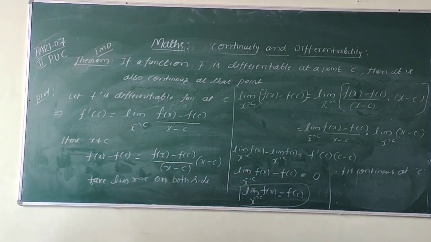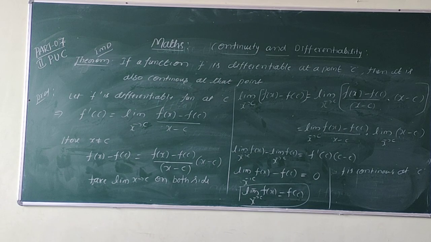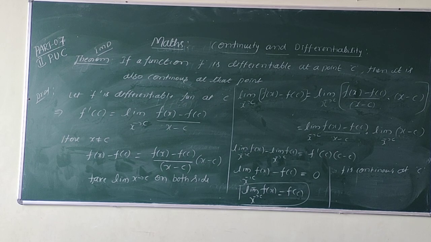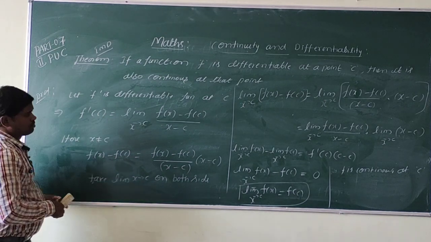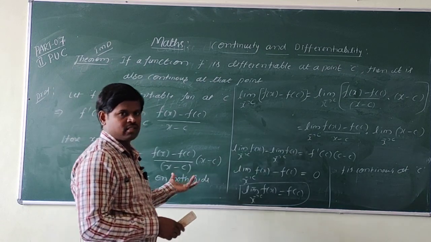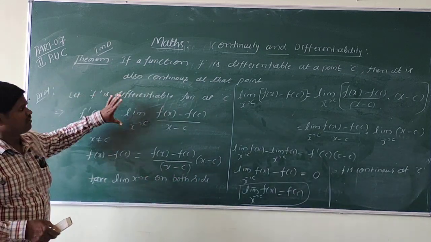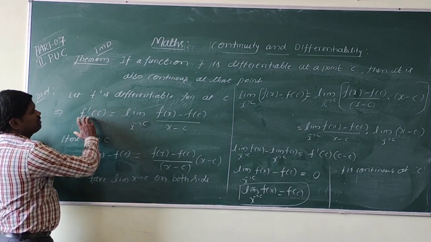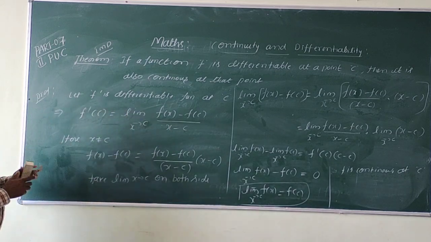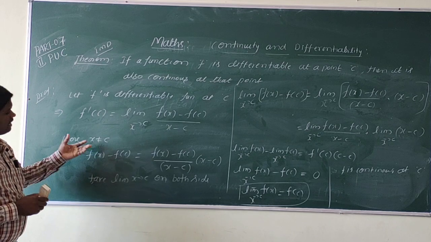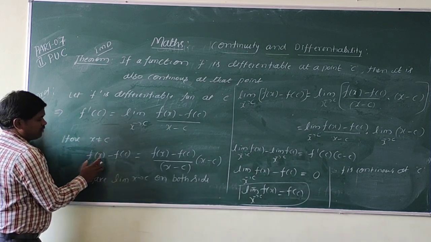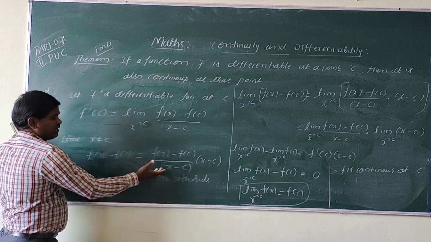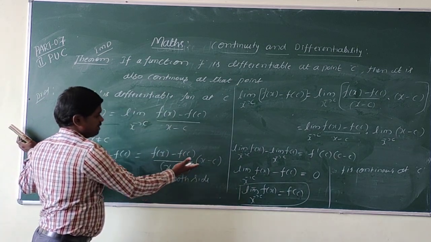So next I give you one note. It is important here. I hope you understand this. So just I am taking f is a differentiable function. By the definition of differentiability, you know that this is the definition. Okay. So x is not equal to c, as x approaches c. Therefore f of x minus f of c can also be written as f of x minus f of c divided by x minus c, into x minus c.